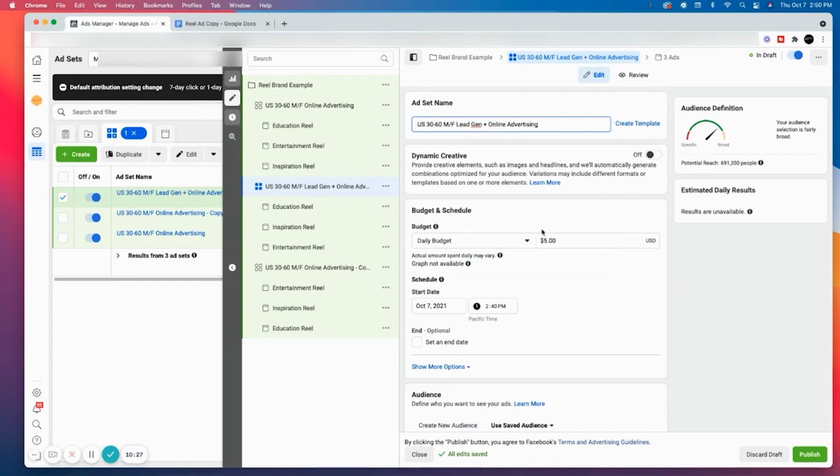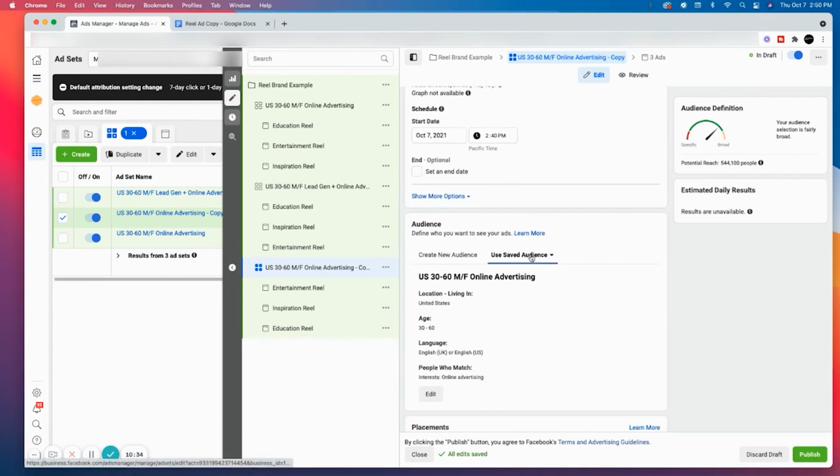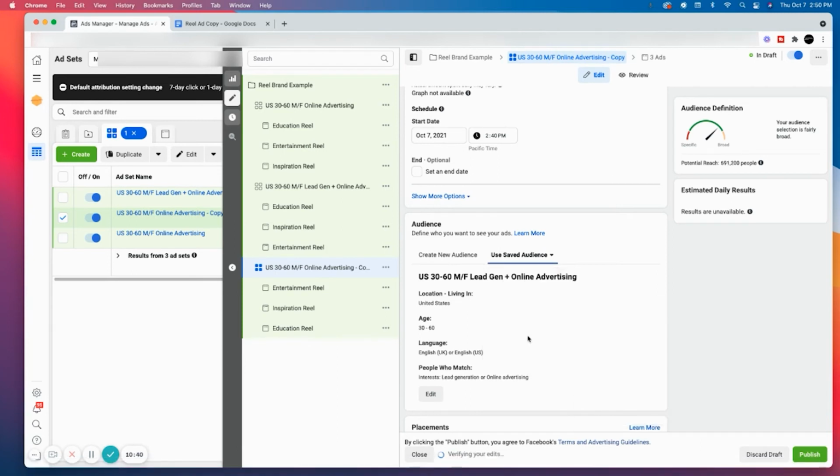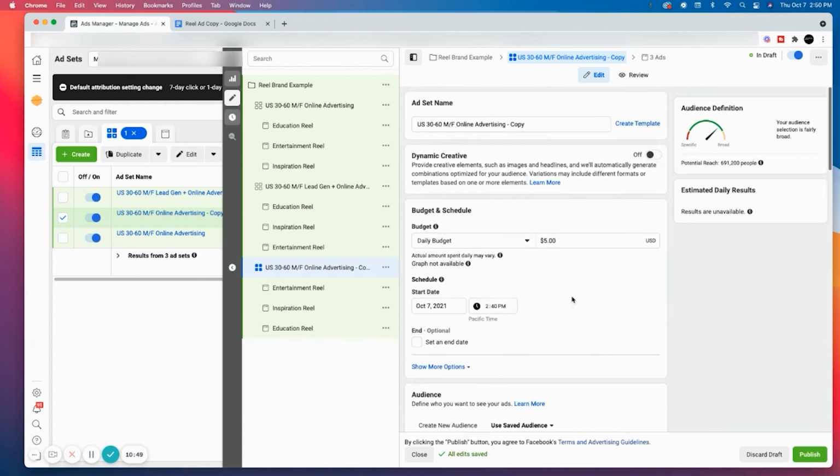I'm going to do the same exact thing for this third ad set. Scroll back down to audience, click on the use saved audience drop box, and find my third audience that I would like to test out. Copy that, change the title,